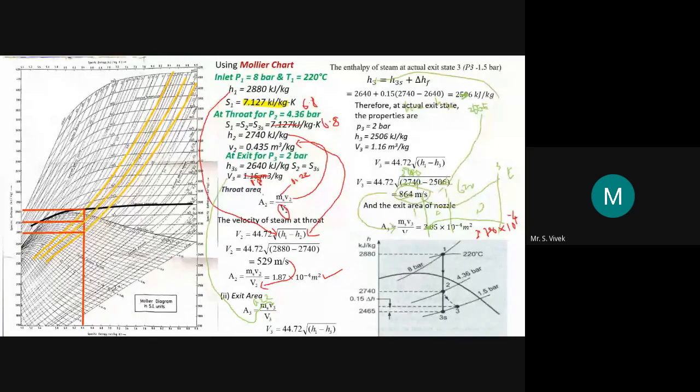Up to this we found out the area. From there we can find out the diameter. If there is a need for diameter, we know the formula: area is equal to pi by 4 d square. So area is a known value, pi by 4 is constant, d value is unknown. So by simple mathematical substitution we can find out the diameter. Okay, that's it. So shall I close the session?